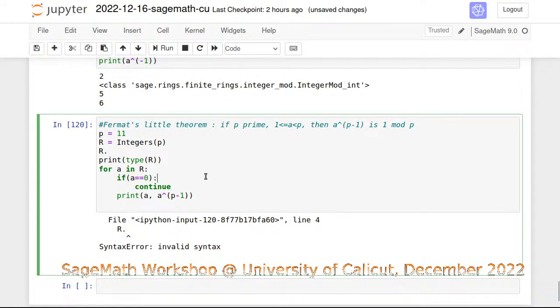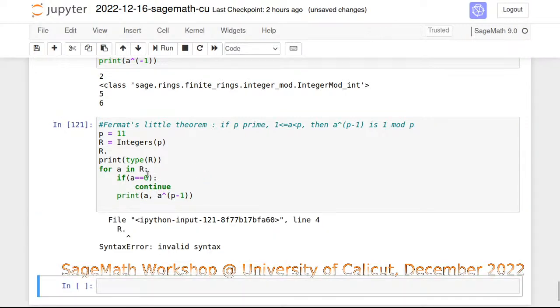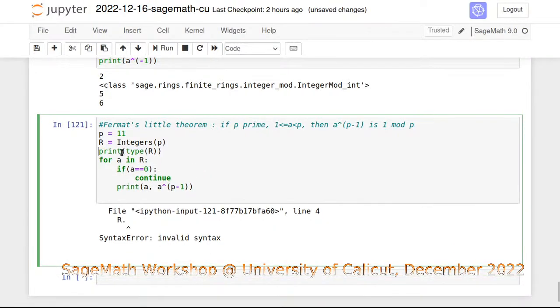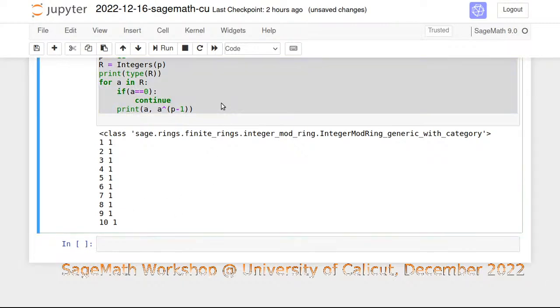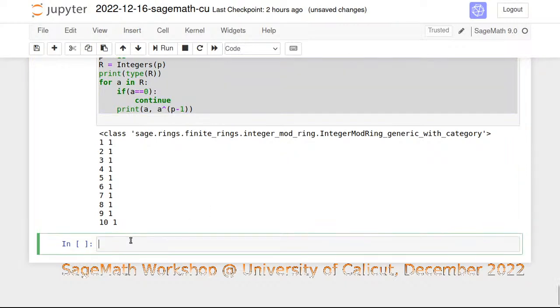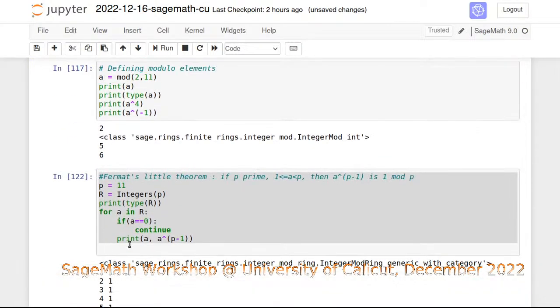So for Fermat's little theorem we can verify like this. Now, you can just update the Google document with this. Done. Now one more good result is that even without defining this A to be equal to 2 mod 11,